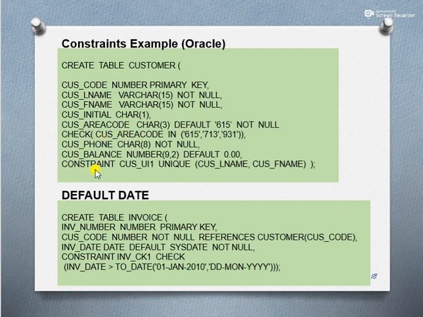Then in the last line here we have a table constraint. This last line of the create table command sequence creates a unique index. We give this index a name, customer underscore u index 1. Okay, and this index is created on the last name and first name. So this constraint, or this index, will prevent the entry of two customers with the same last name and first name. Okay, because here we write unique customer last name and first name.